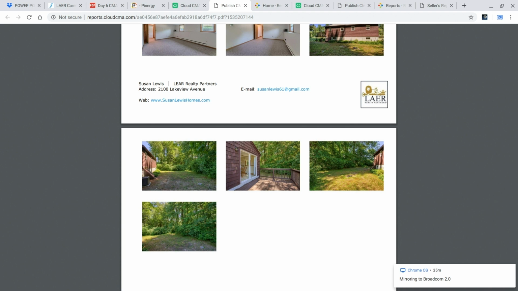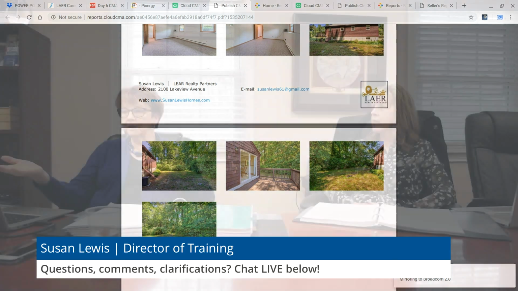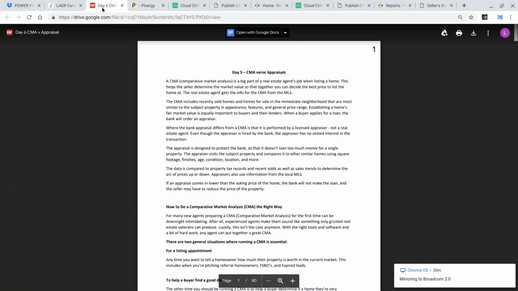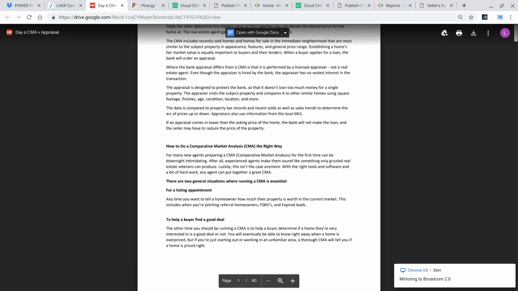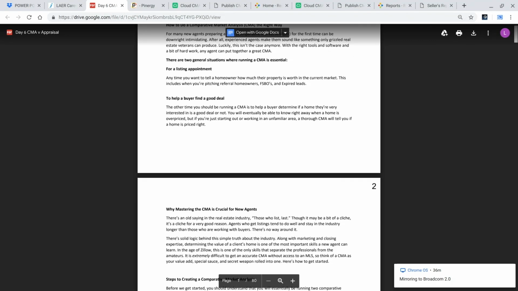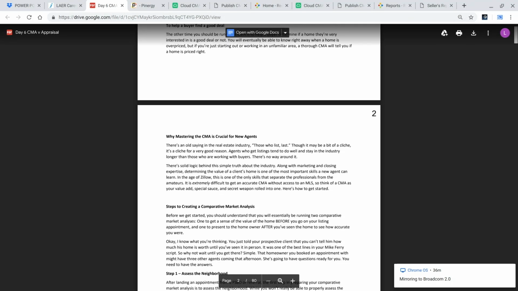So it was kind of a nice introduction to each of the towns that we were looking at. So again, that Cloud CMA program, which is free to you through your MLS dues, is great for you to use. So that's that. Going back to the PDF for today, I can only tell you the way I've done it, and that we have these 2 programs available to us,